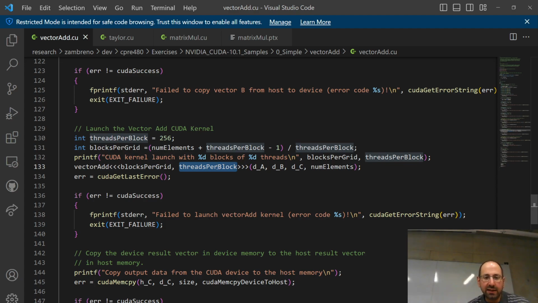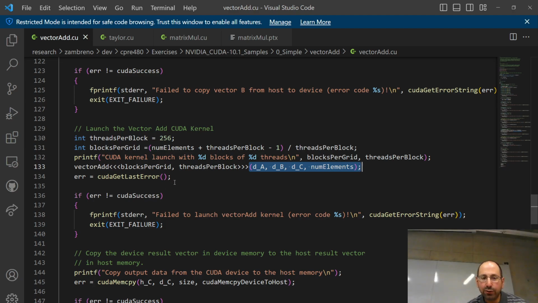It's a little messy, but that's 256 threads per block, and then 50,000 divided by 256 total blocks. That gives us 50,000 total threads here. That is not inputs to the kernel, but that's laying out the dimensions of the launch of that kernel. And then we do have the inputs to the kernel. Those are going to be your pointers. It was called input and output in the other example, but now it's data A, data B, data C as our values. We launch the kernel.